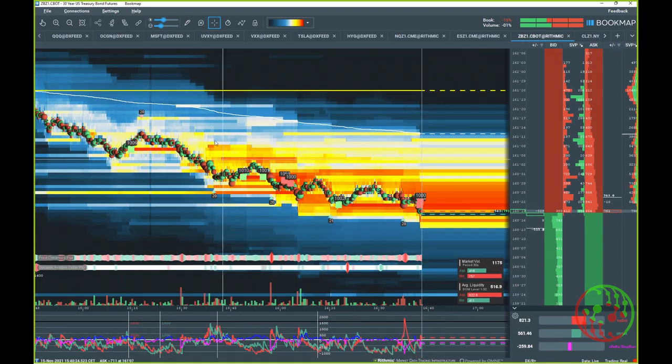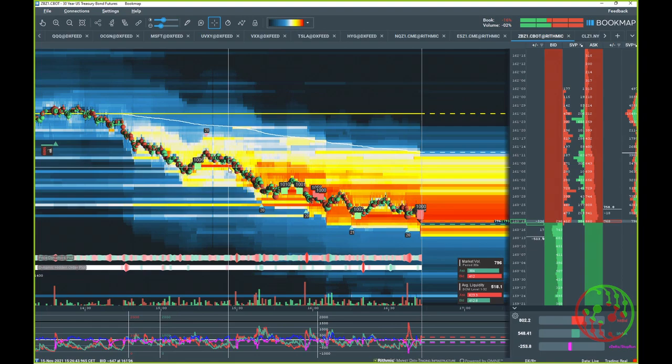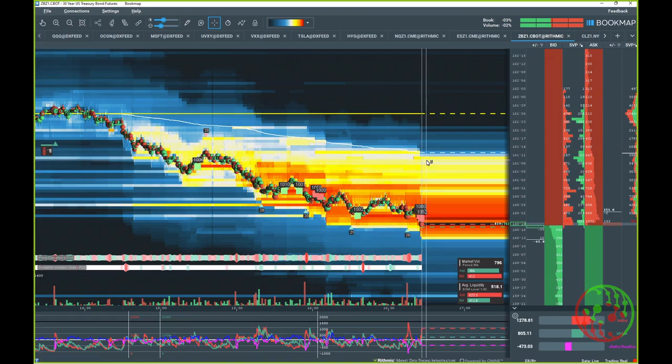I recommend to trade soybeans or ZB treasuries, because if you are patient enough, you can get every fill first, and you can make good money with them. So you see what happens here. This is resistance on ask.